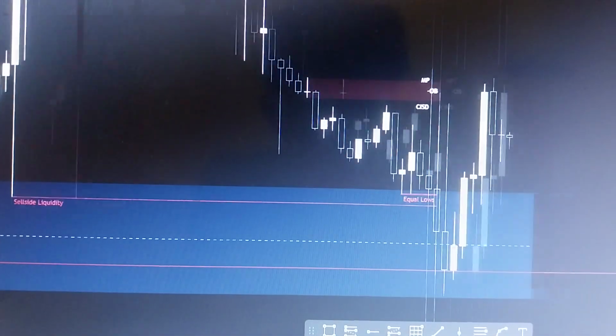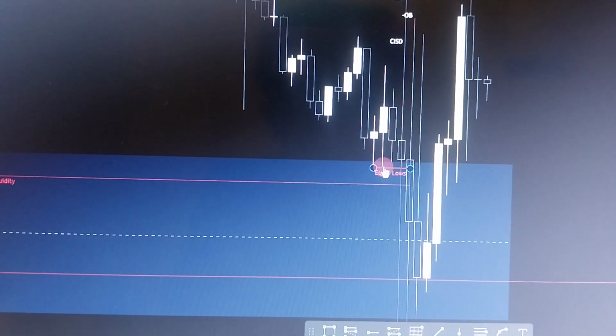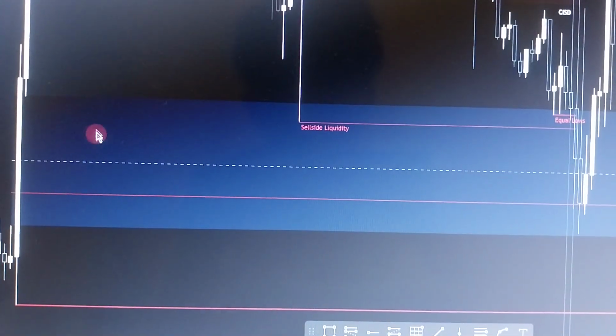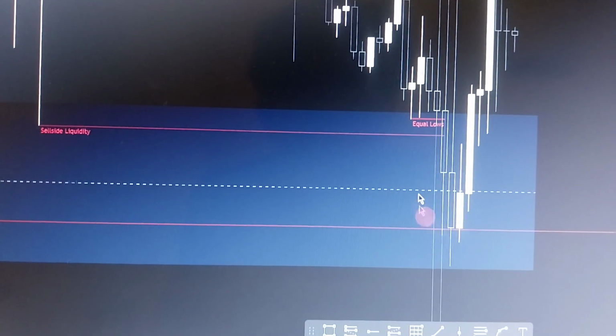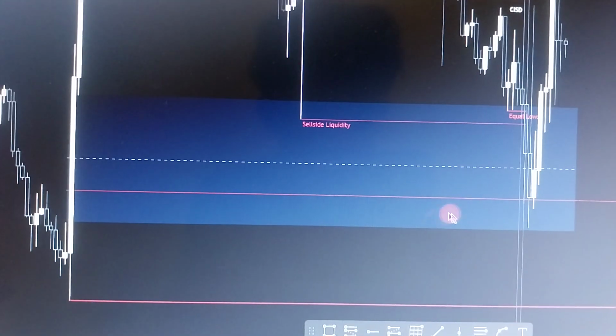What I saw on the hourly is we have equal lows. This would act as equal lows on the 15-minute, and we got this sell side liquidity. I marked out this BISI, and I can expect price to dump, which happened to be right. So it dumped onto the lower half of this consequent encroachment